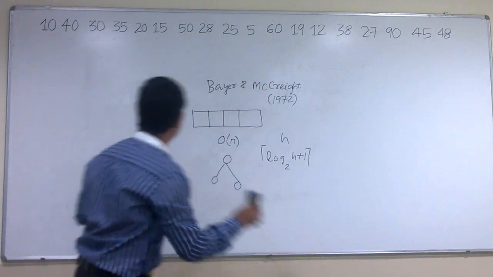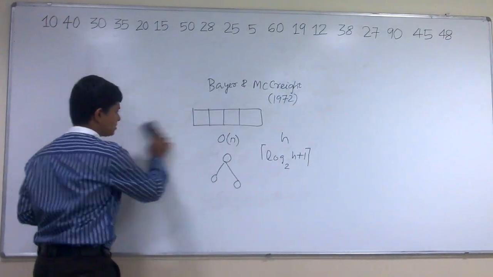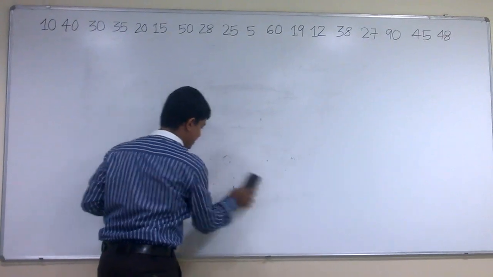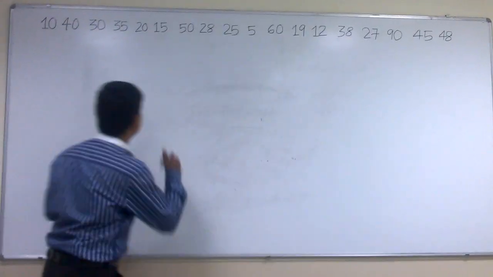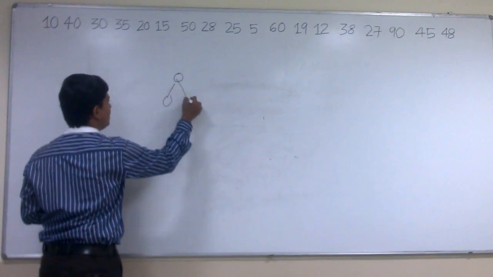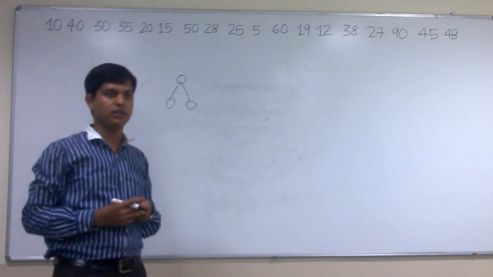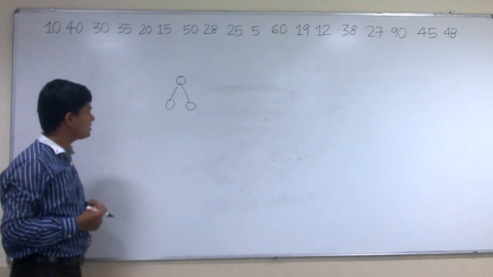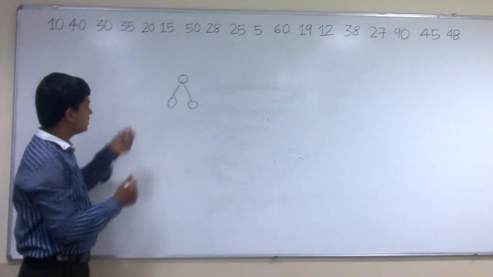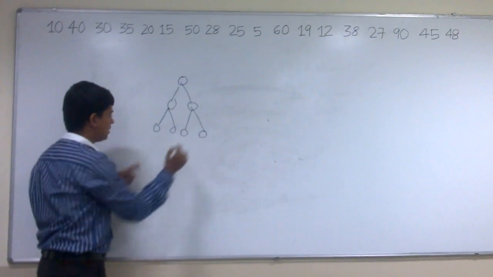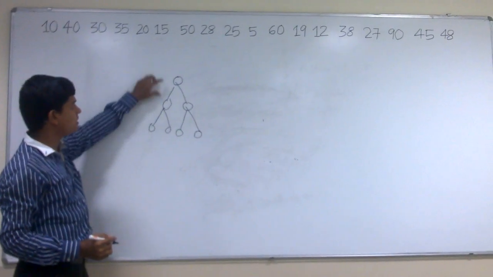The first property of B tree says that all the leaf nodes are present at the same level. For example, if I draw a tree like this, then in this case, all the leaf nodes are present at the same level. This is the first property of the B tree. And the second property of the tree, it says that the number of each, if I go expanding another level, so these nodes are called the leaf nodes, and these are the non-leaf nodes, and this is the root node.